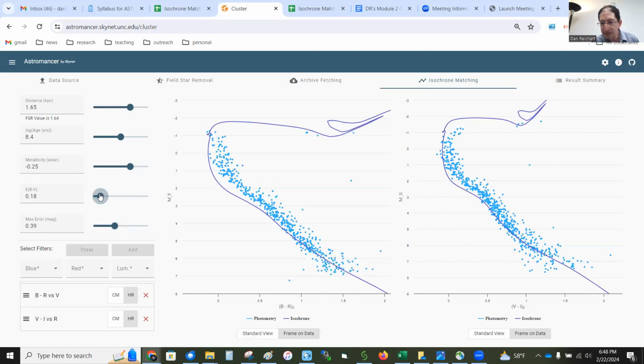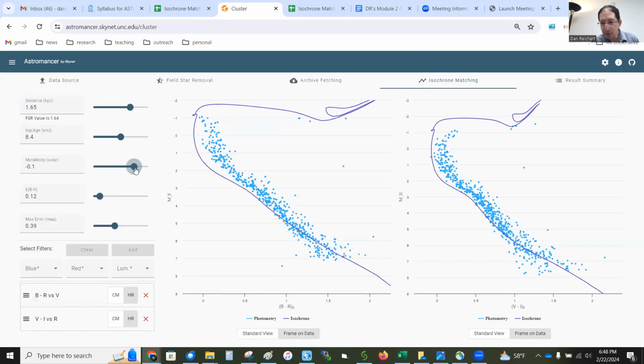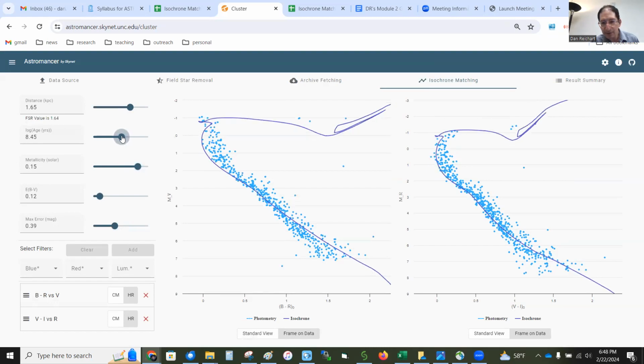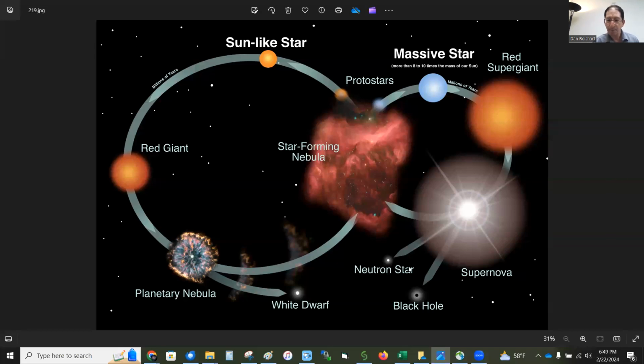Maybe I'm going to decrease the reddening. Try to get this curve to match better over here. Increase the metallicity. Now I'll play with the age, tucking that around. I want these curves to go through my red giants. These right here, these few points over here, if I go back to my image,